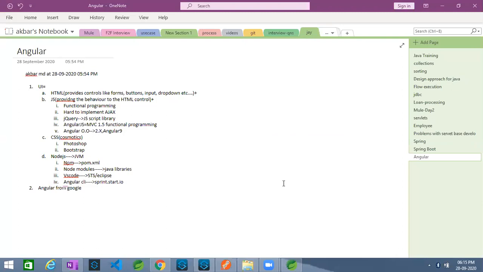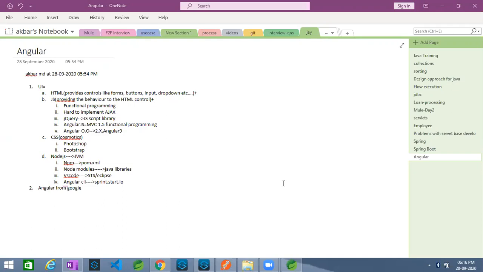Good. This is actually what I suggest: if you can focus on the backend Java code, that will be really great for you. Try to look at Angular as just a value addition. Don't put too much stress on the Angular part while you are learning.